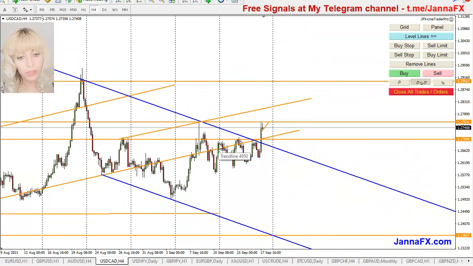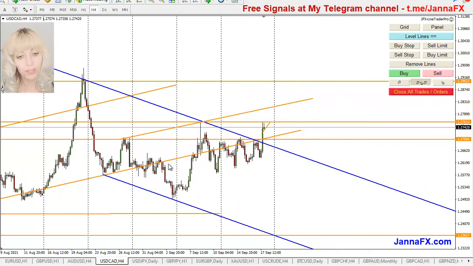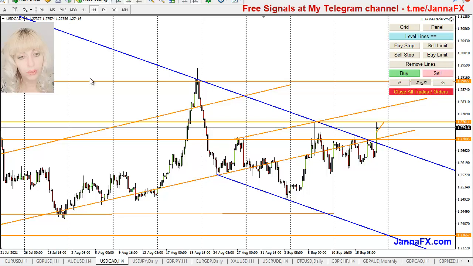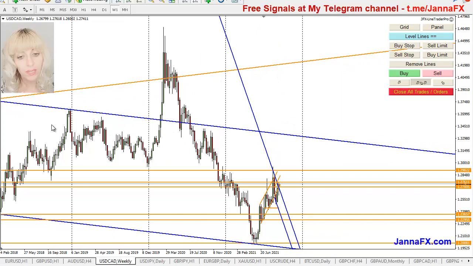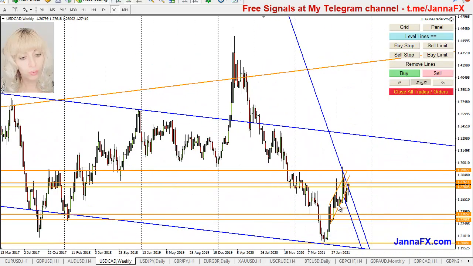If we look in here, you see it was very messy. It also created kind of a triangle wedge right in here, and finally it still broke up, so it didn't go down. I was more expecting it to possibly continue the way down. That would have been quite a perfect technical view, and from here it would start to give us more of an uptrend. Because at this moment it's still looking like it's inside this bigger time frame downtrend channel, where it goes for that correction.